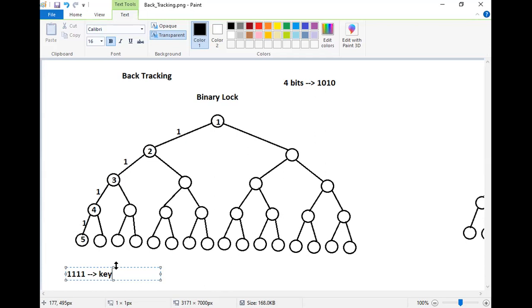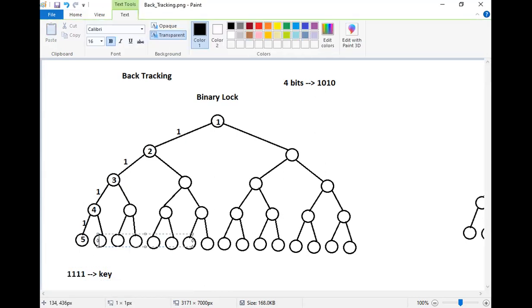What do I have to do now? I have to go in a backward direction. That is backtracking. Now I have assumed that this node 5 is the dead end. If I want to travel back, where can I go? From 5, I can come back to 4. Now, is there any other possibility that from 4 I can go to some other node?